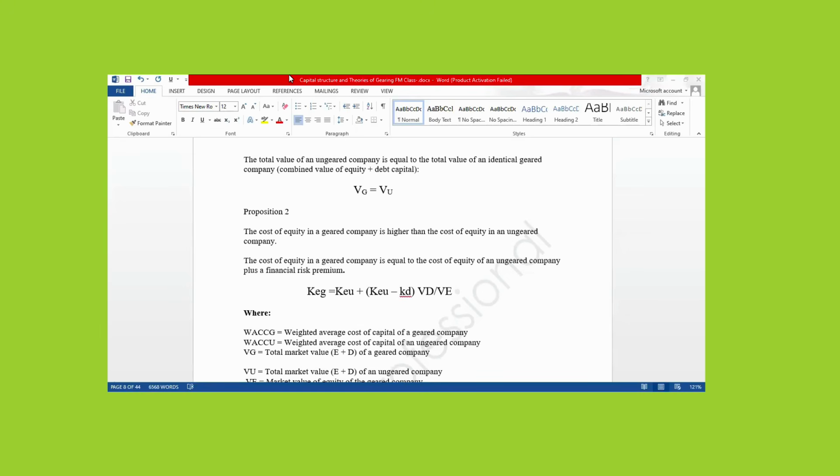This is what I'm explaining. The cost of equity in a geared company is higher than the cost of equity in an ungeared company. KEG, cost of equity of geared, is equal to KEU, open a bracket, KEU minus KD, cost of debt, close your bracket, multiplied by value of debt over value of equity. You are going to use